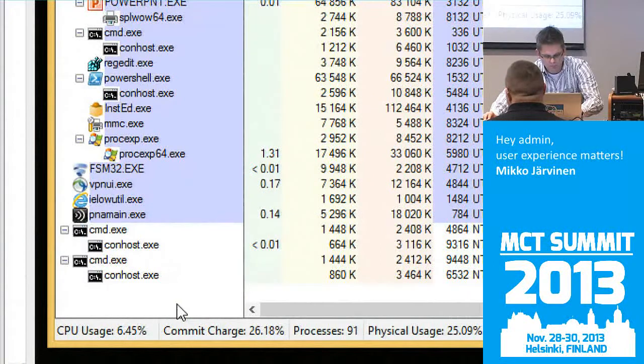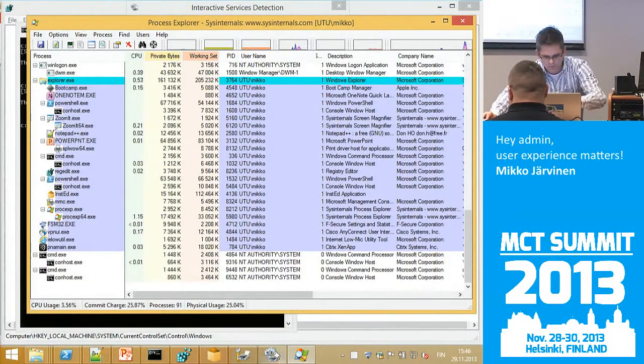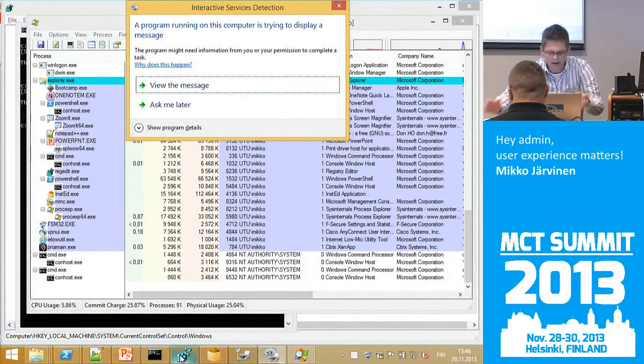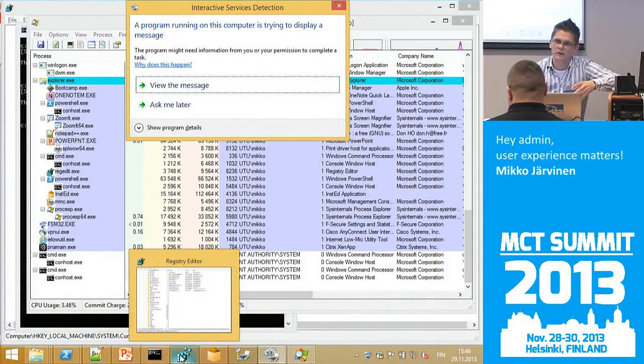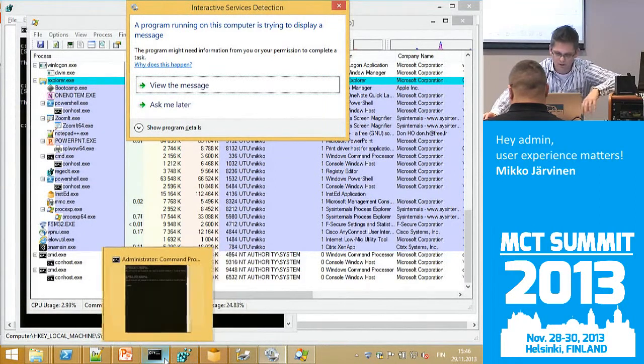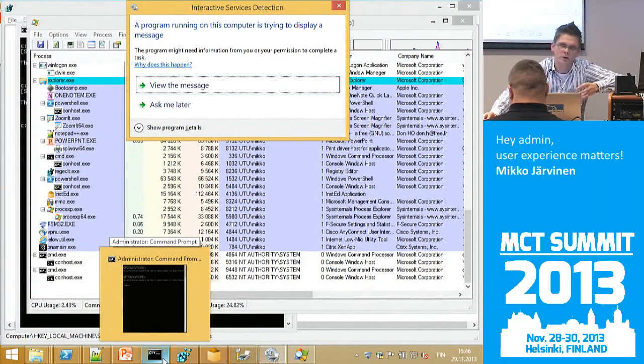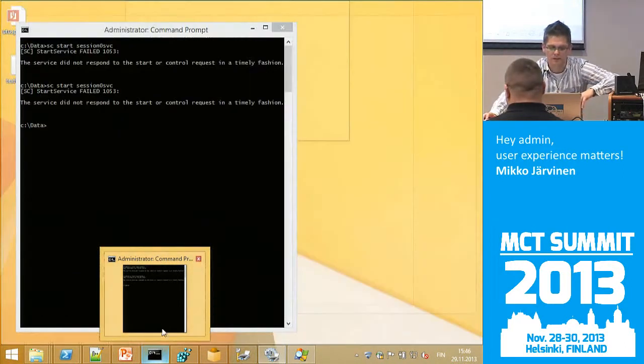Then I'll try to simulate what happens when a program opens up a window in session 0. Software deployment tools like Config Manager use the local system account by default, and they run the installations using that account. So we are actually running in session 0 with a local system account. But if the program installation or uninstallation is not completely silent, it can give some window and the user can't see that.